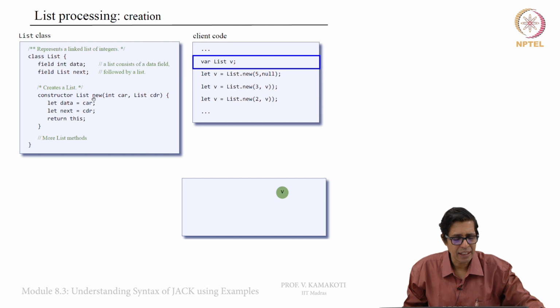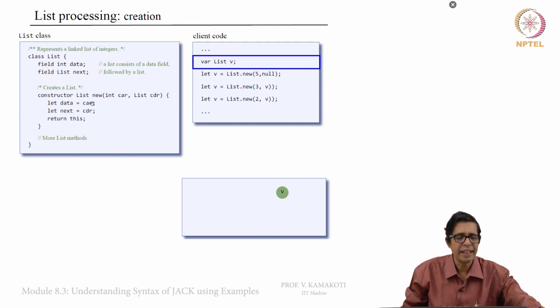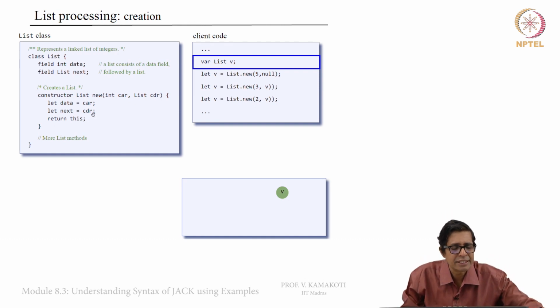So, this is a constructor, list new int car list cdr. One will be an integer and another will be the other list, and what will the constructor function do? Let data equal to CAR and next is equal to CDR, and return this object. So, the first time, where list V,